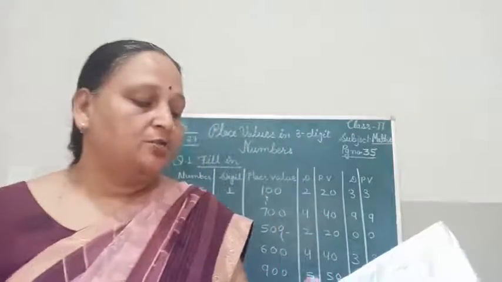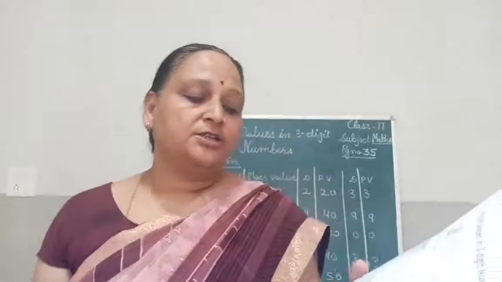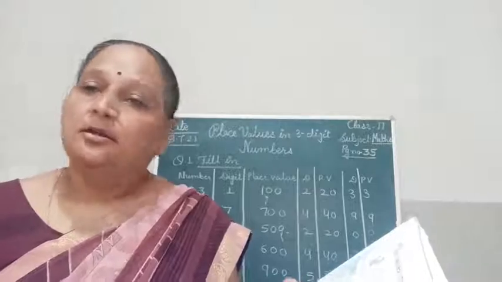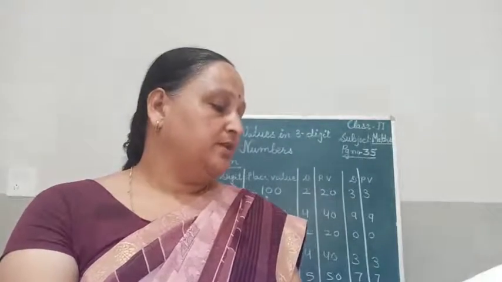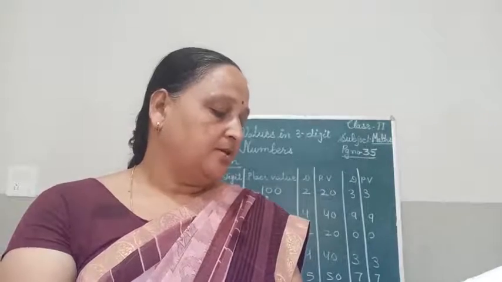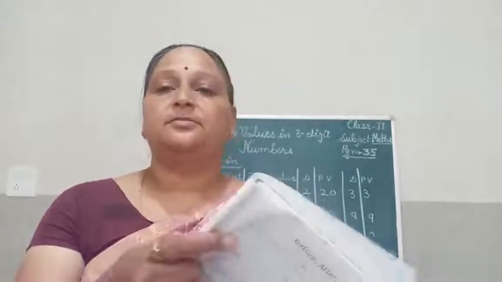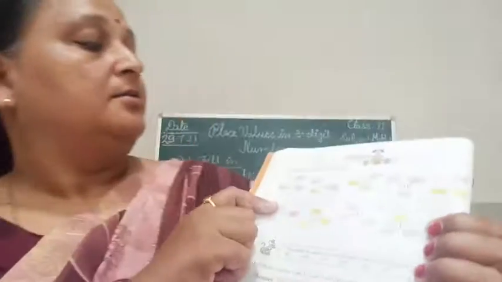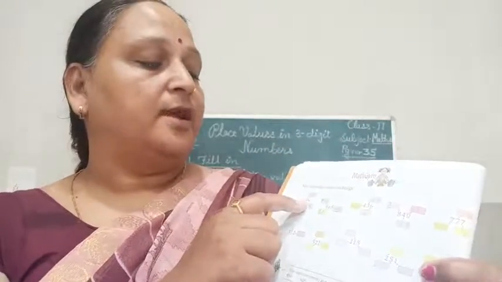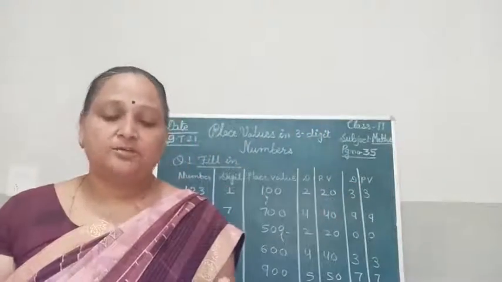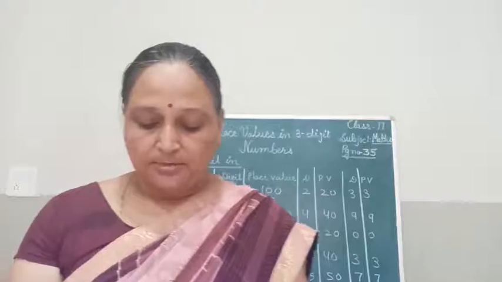Now the question number 2 is in 784 the digit in the tens place. We will do this exercise now. Question number 2. It is a very interesting exercise. I really like it. Here it is the math gym. We have to fill the place value. Here it is number and the arrows are there on 6. The place value would be that on the 5, a very interesting exercise. So first of all we will do question number 2, page number 35.